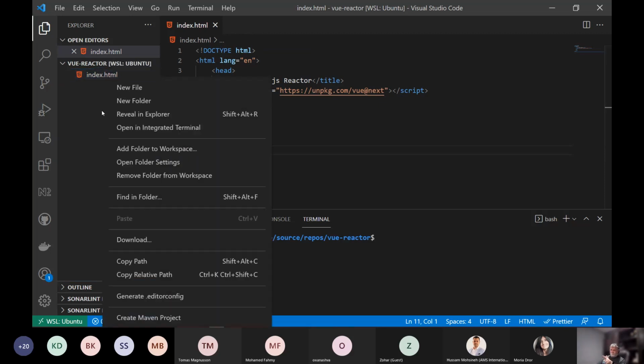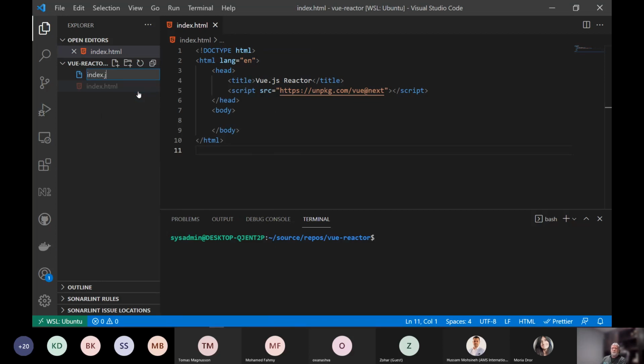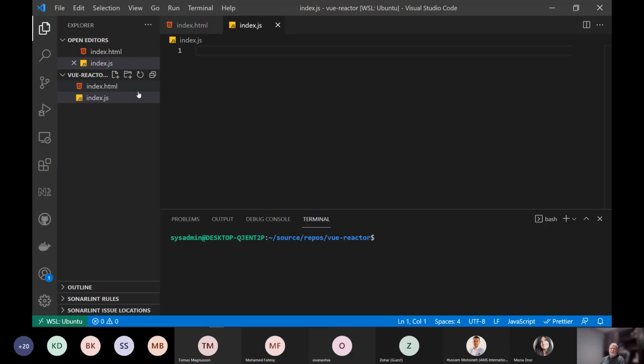So the next thing we're going to do is add a file called index.js. Within the index.js file, we're going to create our Vue app object. So we're going to use const. Const is a way to declare a variable that can only be set on initial definition or declaration. At the time of declaration, I'm going to initialize this variable, and from that point forward, I won't be able to change this variable to point to a different object. Now, I can make changes to the underlying pieces of it, but I can't make changes to the top level object itself. So const app equals